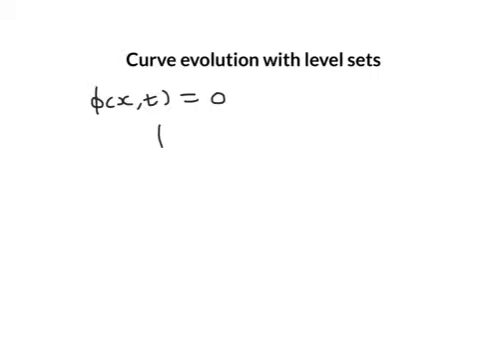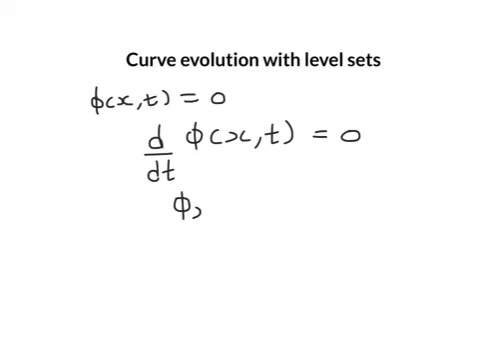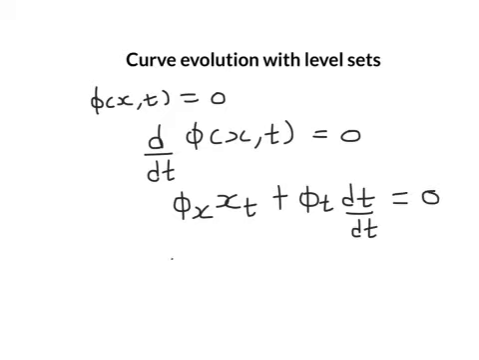So let's start. I have here d by dt of the phi function, which is a function of x and t. Now we are going to use the chain rule, and what we'll get is derivative of phi with respect to x and then derivative of x with respect to t, and same for t, except here it's basically dt by dt, and as you know that would be 1. So now what we have is phi x x t plus phi t,